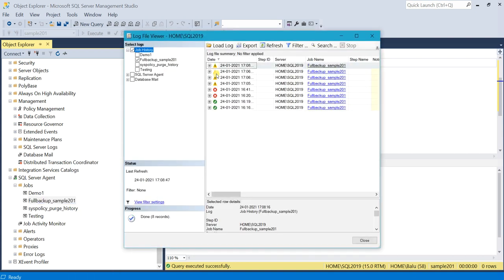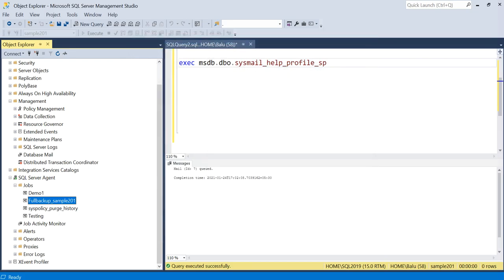Yes, view history, you will see this job has failed. This is our first job, which is the backup of database, and this is the second job which gives us an email notification that out of 2 jobs, 1 job failed, the other job succeeded.